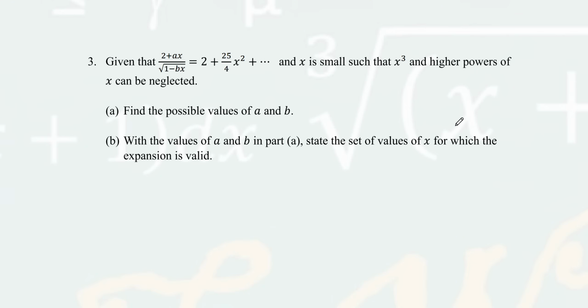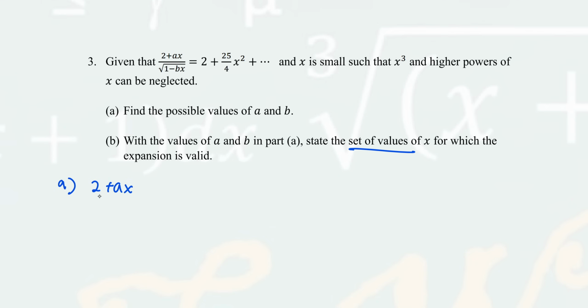Question 3. Given that 2 plus ax over square root of 1 minus bx equals 2 plus 25 over 4 x squared, and the rest of the terms can be ignored. Okay, A, find the possible values of a and b. B, with the values of a and b in part A, state the set of x values for which the expansion is valid. Alright, so now what to do is A,